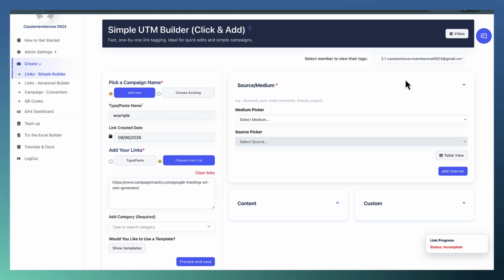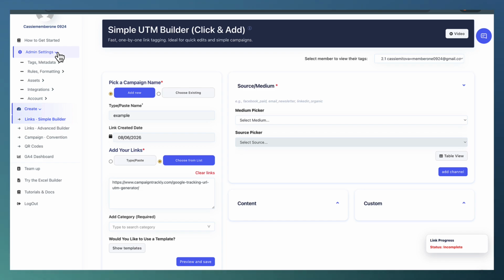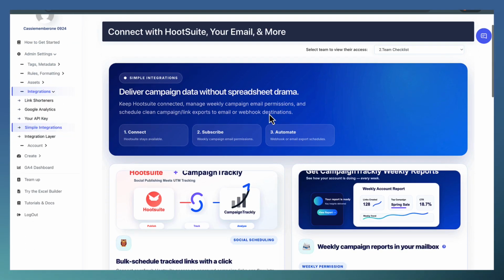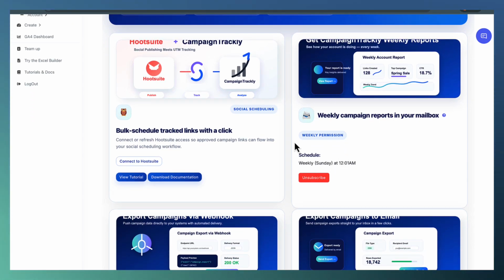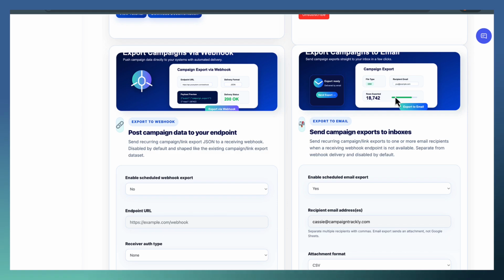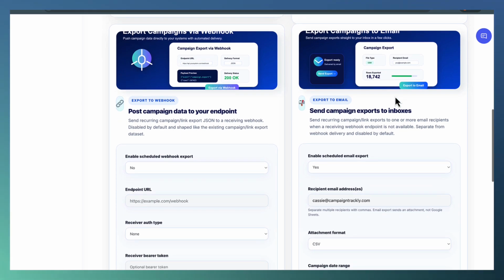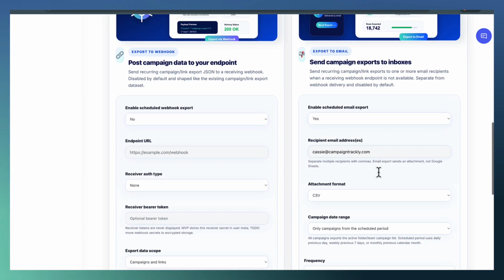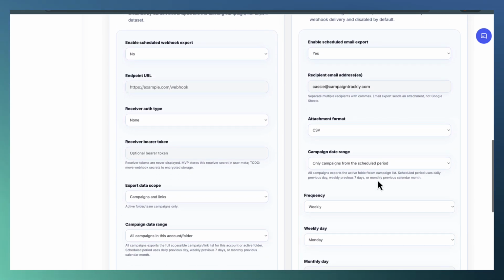Now let's set up weekly campaign exports. In the left menu, go to Admin Settings, Integrations, Simple Integrations. This is where you can activate or deactivate weekly campaign reports and weekly campaign export emails. Campaign export emails send a CSV of every link made in a certain time frame to an email of your choosing. If, for example, you want to receive a weekly email